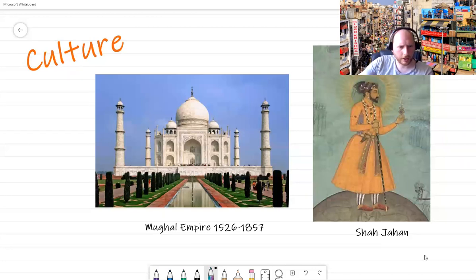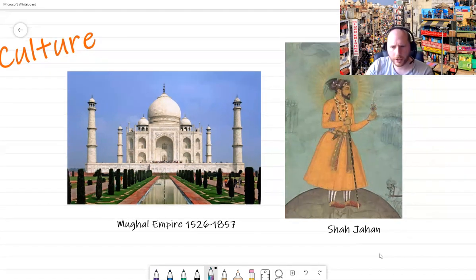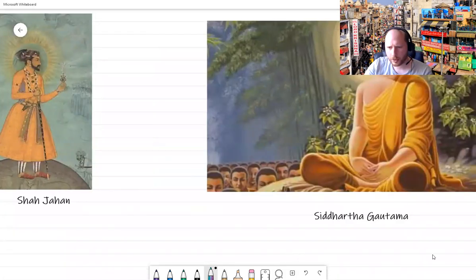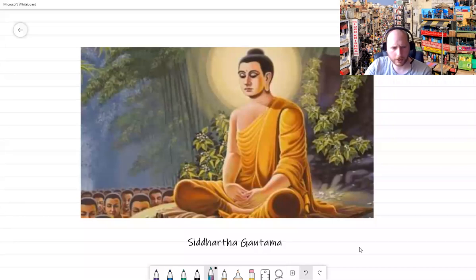But like I say, that's not one of the three religions that started in India. It's a huge religion in India for sure, but it didn't start in India. Islam started in Saudi Arabia. No, there's three more religions to have a look at yet. So I'm going to swoop to the side here. Now, one of those religions is Buddhism. Now, here is Siddhartha Gautama. In fact, we'll have to do the story of Siddhartha Gautama at some point in mythology, maybe.